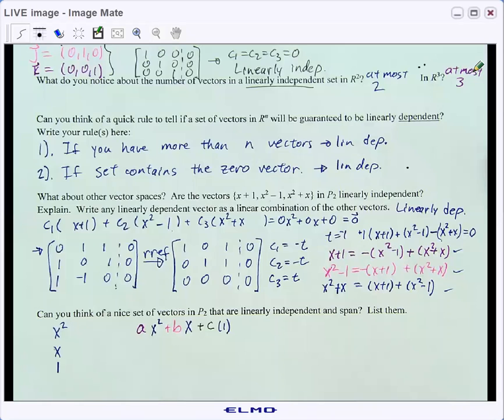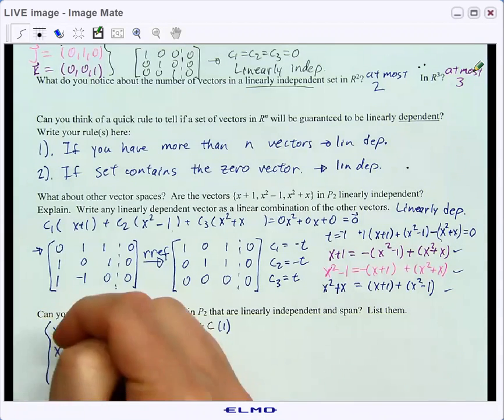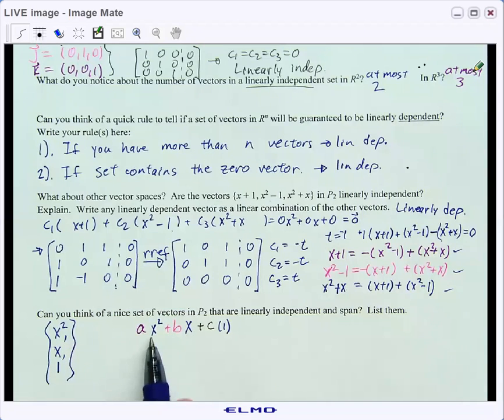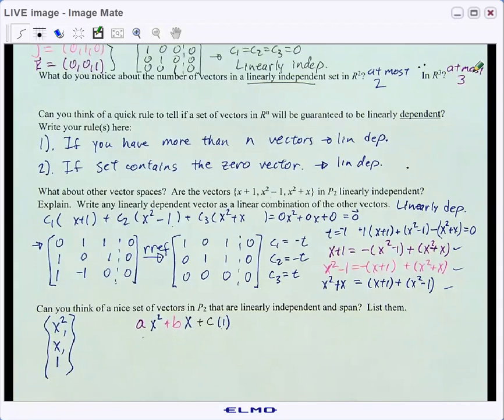So how about the vectors x squared, x, and 1? If we think of those, we can make any polynomial of degree at most 2, ax squared plus bx plus c, by using a of the first one plus b of the second one plus c of the third one. But it shouldn't be too surprising, since we've made our connection between polynomial space and vector spaces,